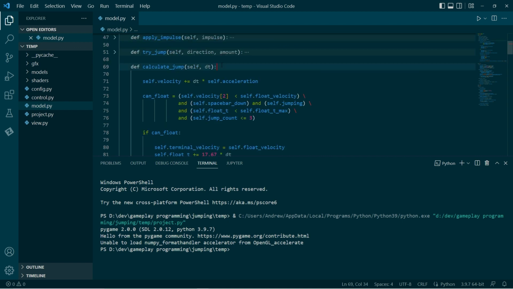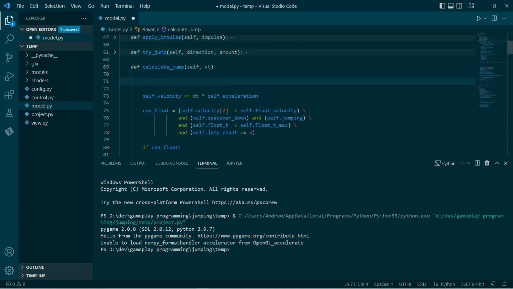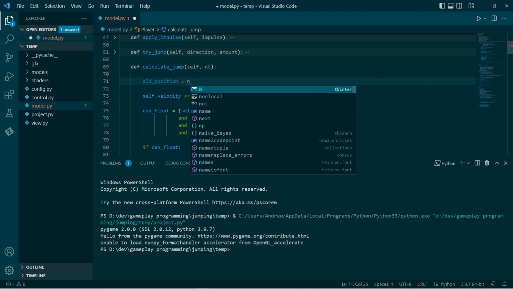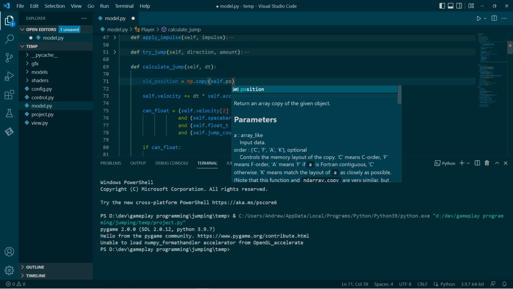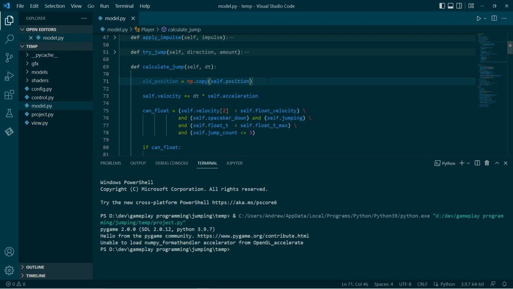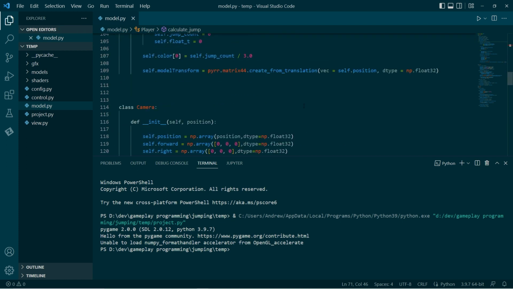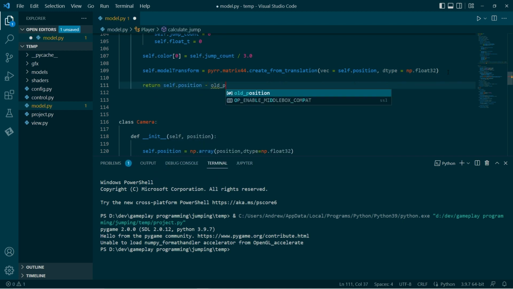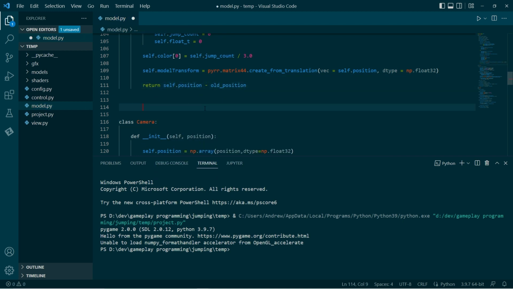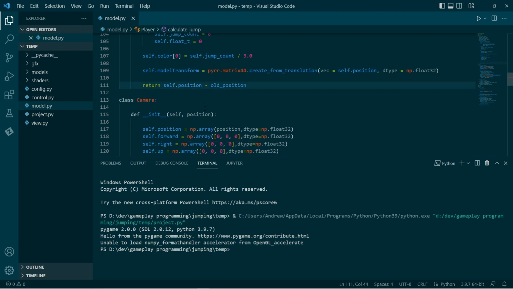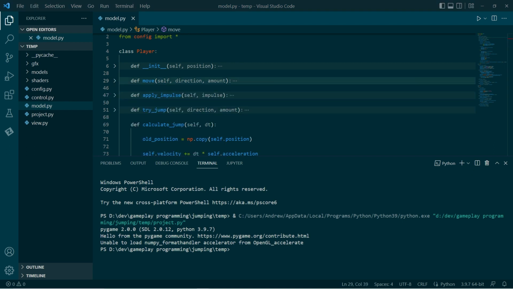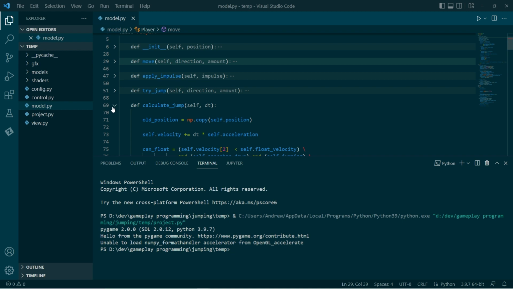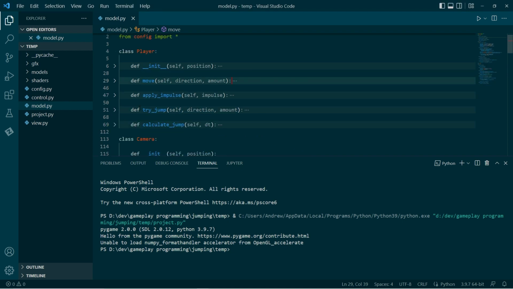So another way to do it is, at the start of the function, grab the old position by taking a copy of our position and then return the actual difference in positions between frames. Okay, I'm pretty happy with that. So we've got these functions.